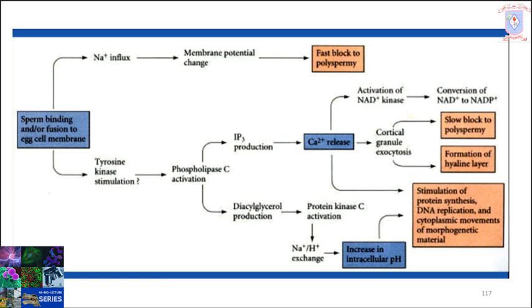And this flow chart represents the complete action after the sperm-egg fusion. This is the summarizing chart of egg activation after sperm entry. The process of fast block and slow block also comes under the egg activation process, but the egg activation process is not finished by the polyspermy prevention. We will see the further events in coming